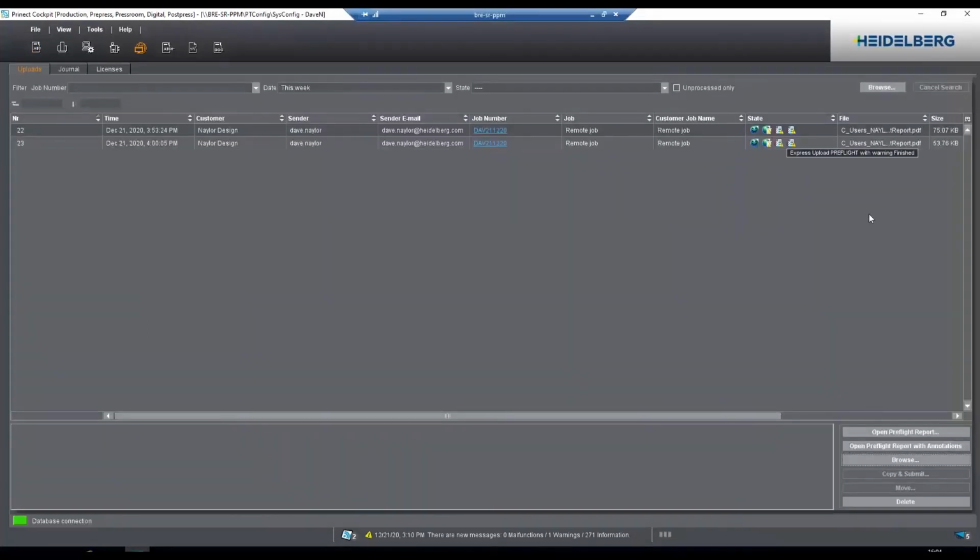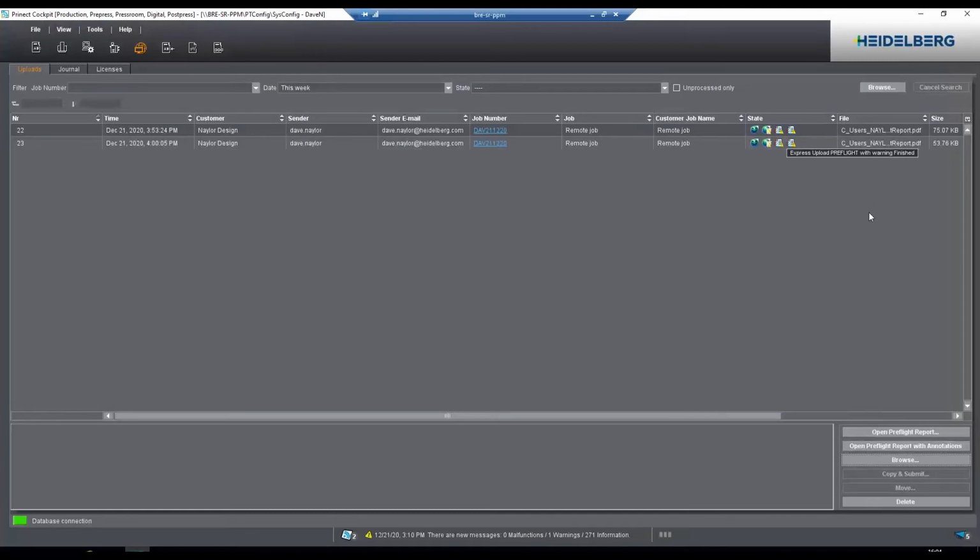So, just one last thing to show you. All that was automatic. What if you wanted to upload your files and just manually vet them within your cockpit before they just started processing automatically? Well, with Prepress Portal Service, we have the ability to view here all the uploads that have been coming into the system. So there's my 2 uploads, and each of these could have been configured to just sit here and wait before they process, and then I would have had the ability down the bottom right here to browse to the files, to open up its pre-flight report, or if it hadn't already, copy and submit the file across and